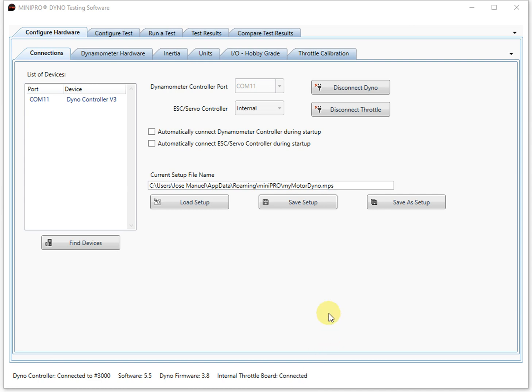In this video, I'm going to be showing you how to export your data to Excel. So the first thing you do is you open the app and you connect the dyno and you run a test. So in this case, I already ran the test,